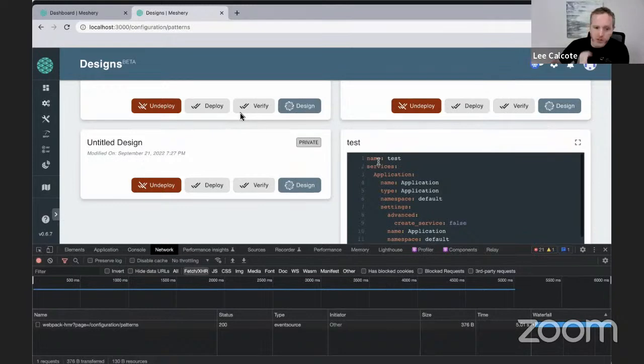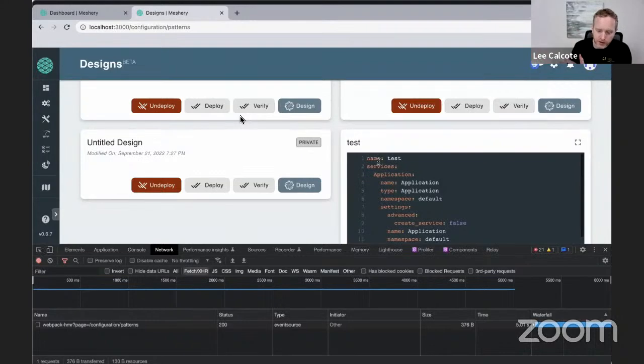In concept, if a design is already deployed, maybe it would just show the undeploy button. The thing is that's not always the case. You might want to deploy it a number more times. Maybe you just want to idempotently reapply the design.